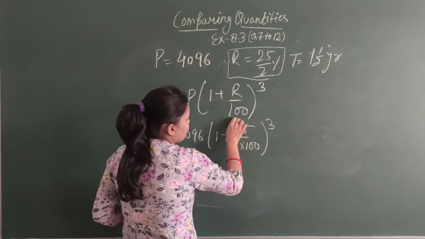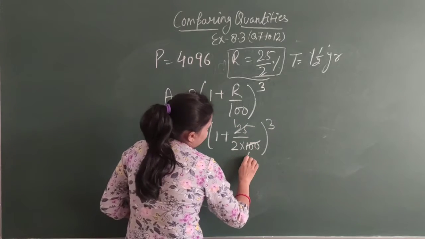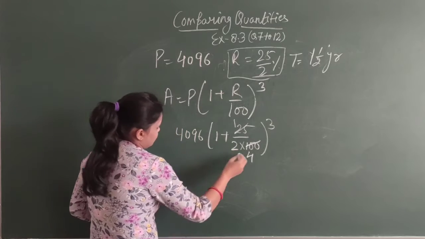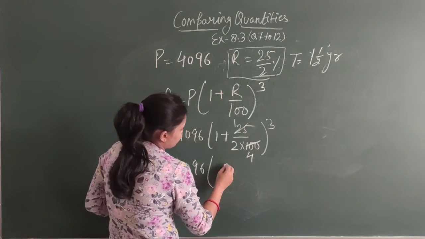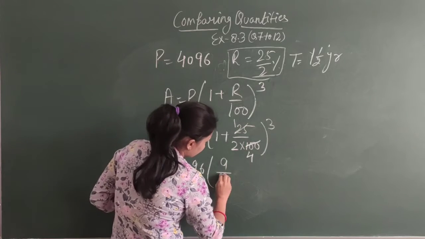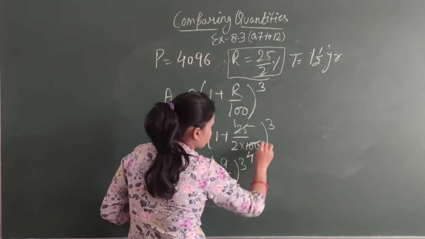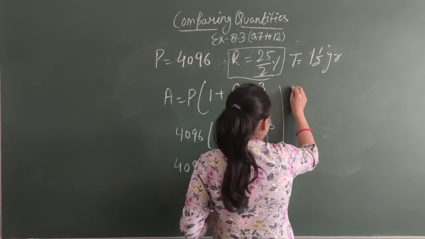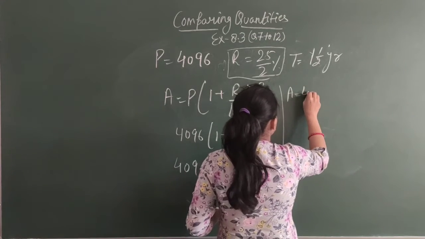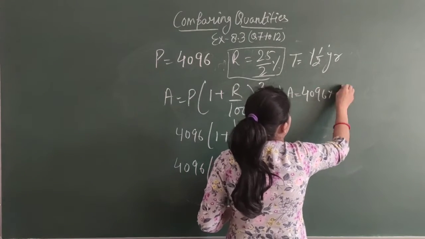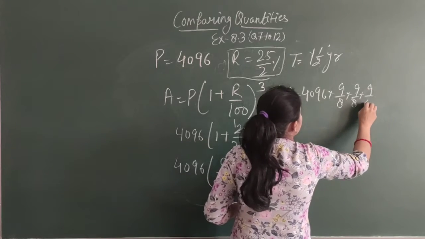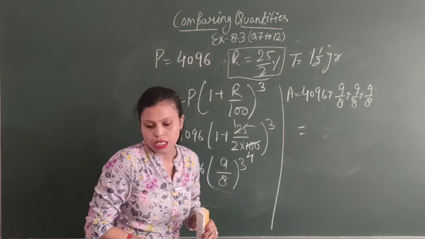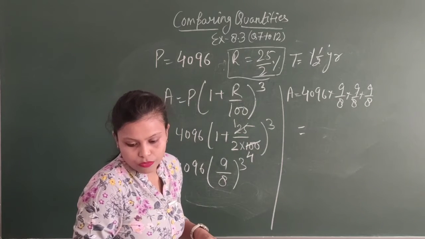So on solving this we will get 9 by 8 to the power 3. So amount will be equal to 4096 multiply 9 by 8 multiply 9 by 8 multiply 9 by 8. You can solve it, and after that we will get